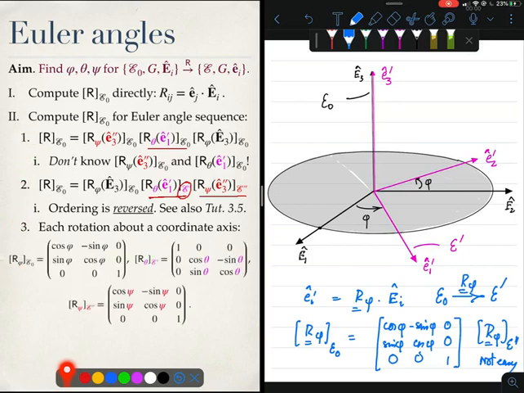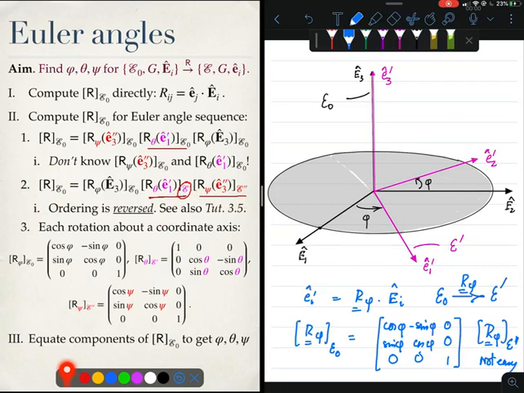These are simply R phi's, these matrices which I have written out for you. I have already shown this one and I have shown you this one. R theta in E prime, you can go ahead and do that. It will turn out to be this 2D rotation. Now simply all you have to do is to take this, substitute it there, substitute this over there and this over there, and multiply all the three matrices together to compute R. And on the next page maybe I'll show you the full R.